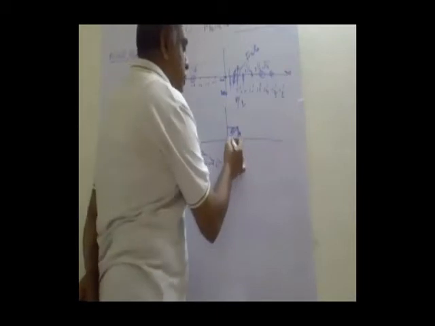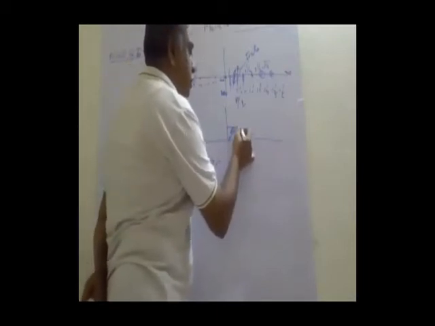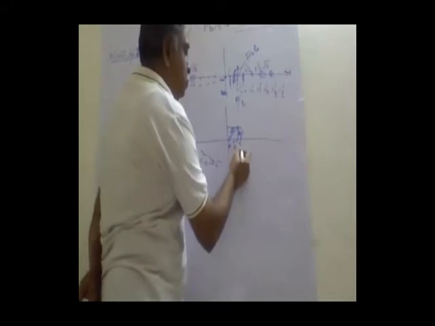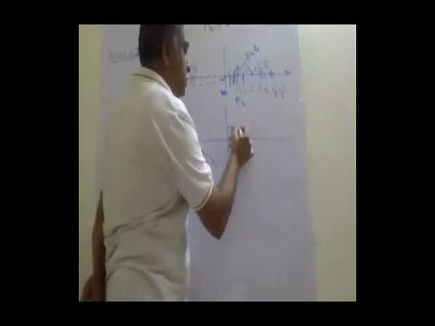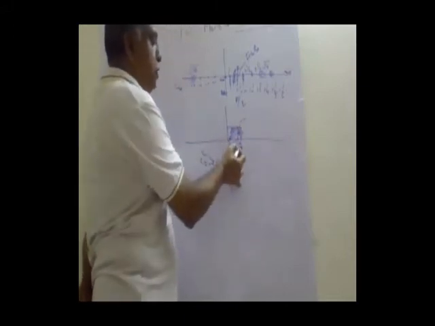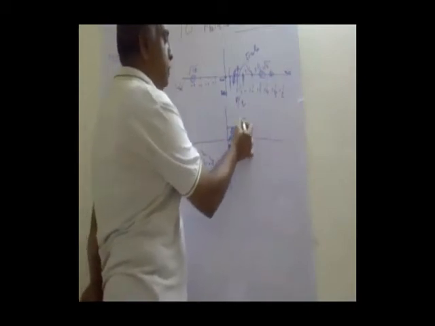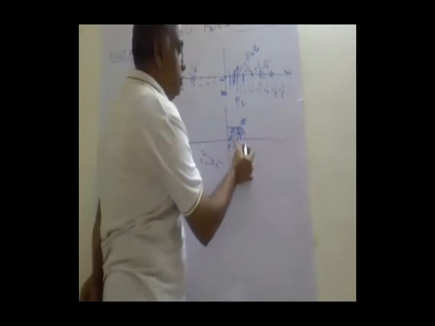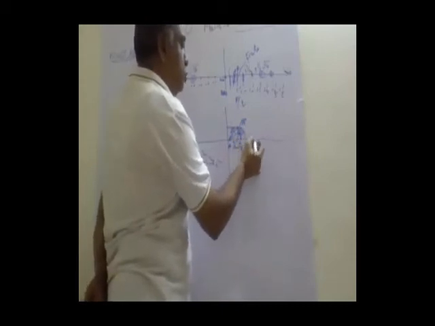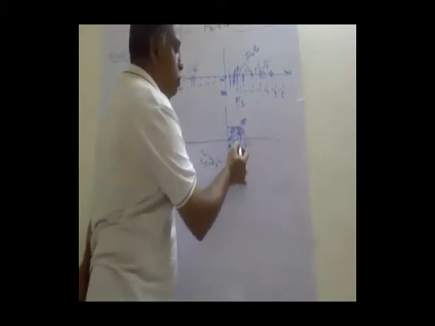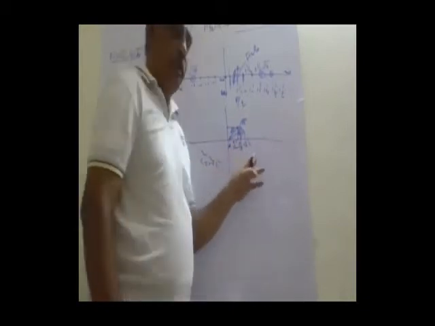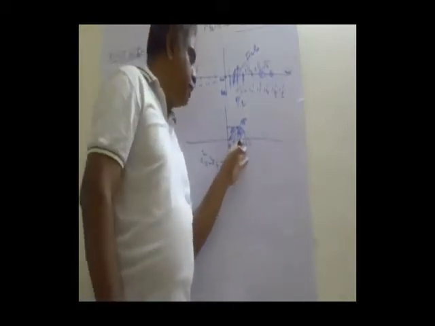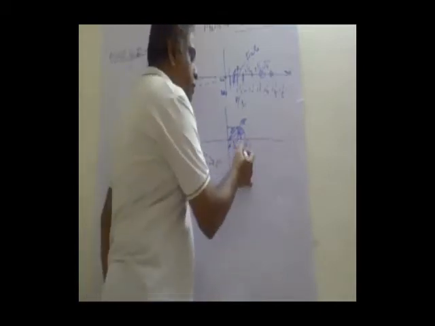Suppose this is root 2, I take again 1 here. So this is 1, this length is root 2. So what is this length? This length is root 2 whole square, which is 2, plus 1, so 3, root of 3. So you give another arc, this is root of 3, and here is 2, like that. So root 2 and root 3, even though they don't have a terminating decimal, are representable on the line. But they cannot be represented in P by Q form.